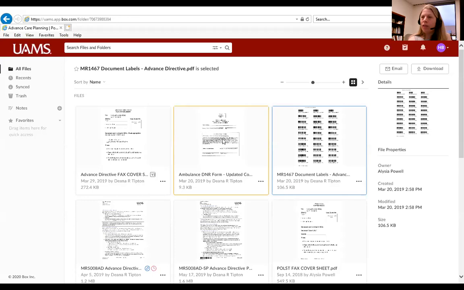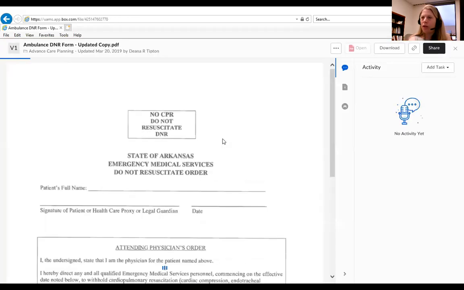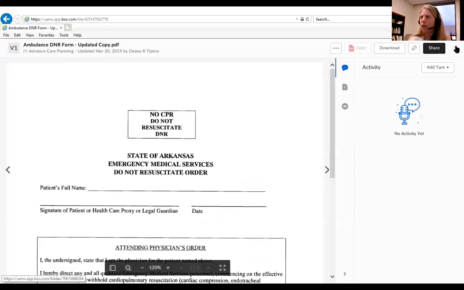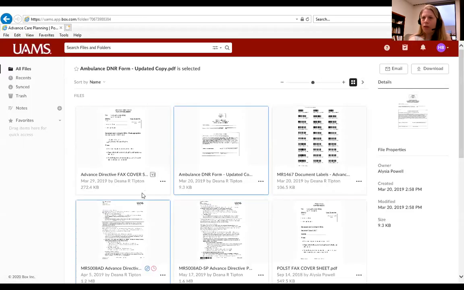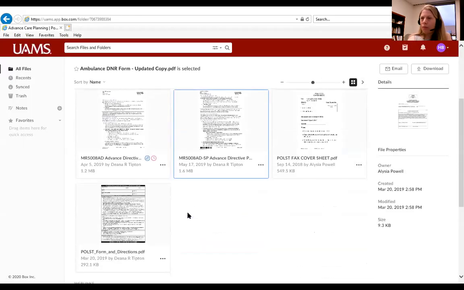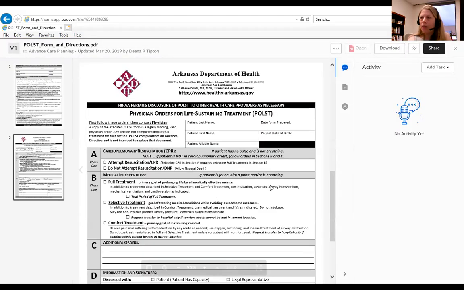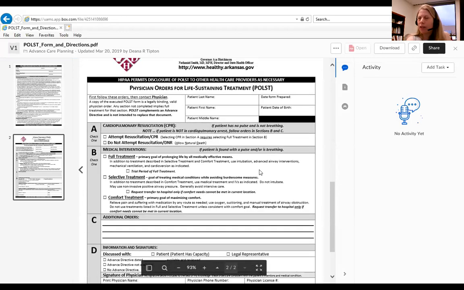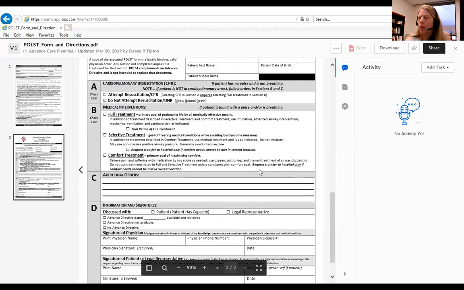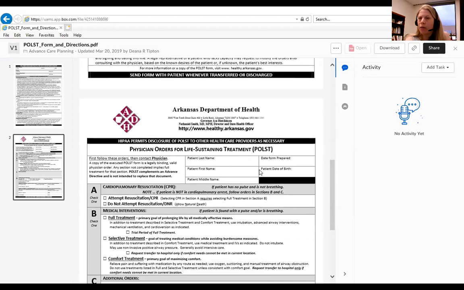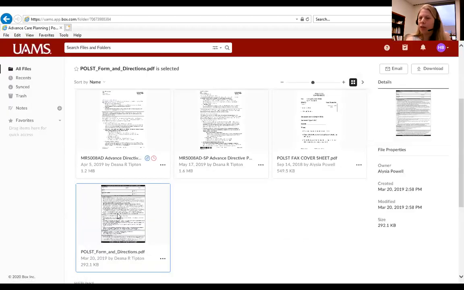All right, ambulance DNR form right here. Okay, so you can download that. And then here's your pulsed in a PDF version. Again, this is perfectly acceptable. It doesn't have to be on hot pink paper, but we've got a stack of those also. So if a physician is needing some help with that, you can always download that and hand that to the physician.